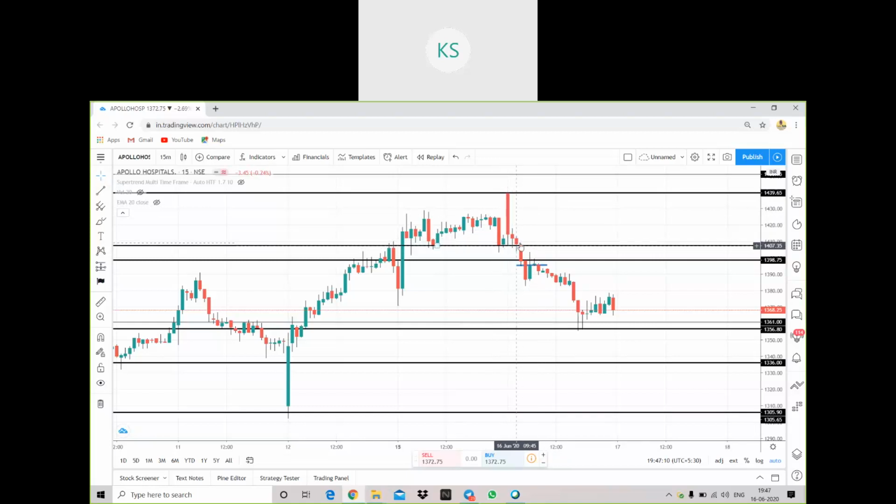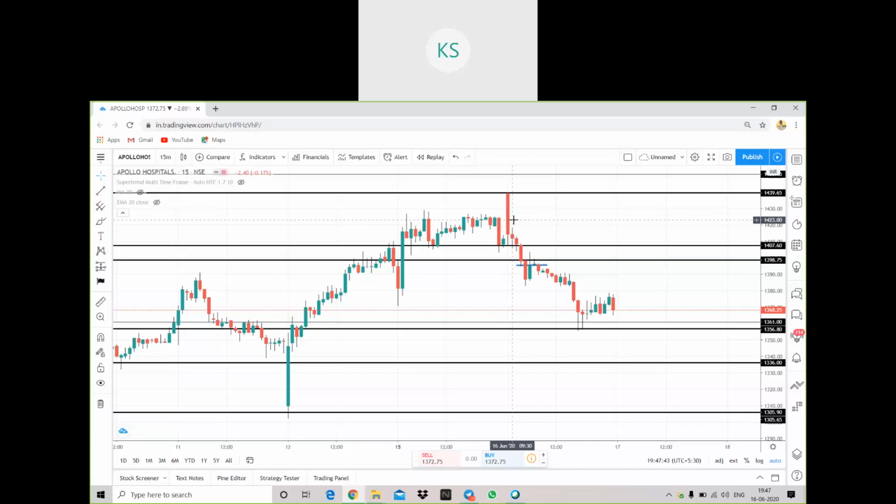So whenever I get a candle which has closed out of the range, this is the candle which has closed out of the range. So when this candle is completed, this is the low of this candle. On the low, I can go for a sell. My SL will be 1%, or you can keep half of this range. That is, this is the complete range, and half of this you can keep as your SL, or 1% you can keep as your SL. And your first target will be 0.5%, second target will be 1%.